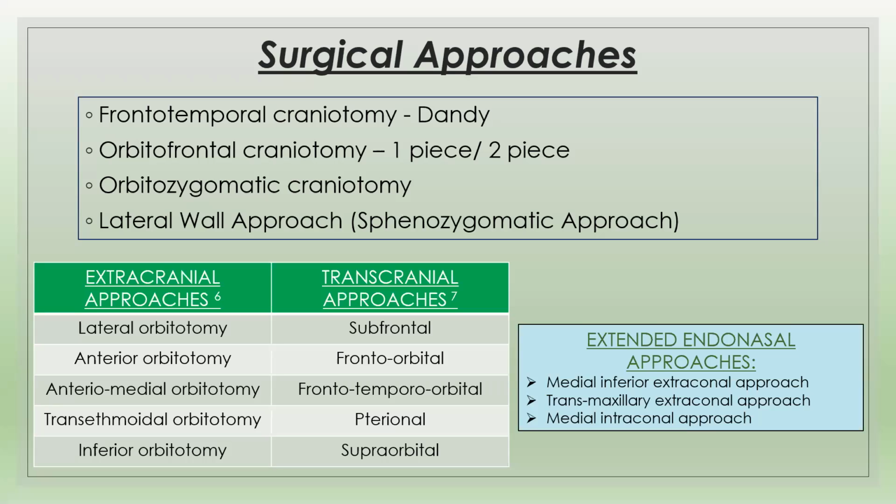So these approaches depend on the tumor location, and most commonly, whatever tumors we have had are not primary optic nerve tumors, but tumors of the orbit, most commonly being cavernomas or hemangiomas, which we are mainly doing by an extracranial or a transcranial approach. We don't use endonasal approaches at our institute anyway. So this was my presentation. Thank you.